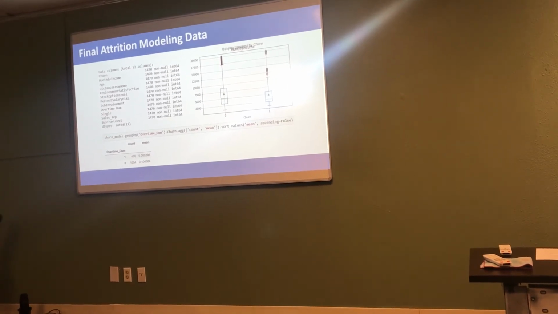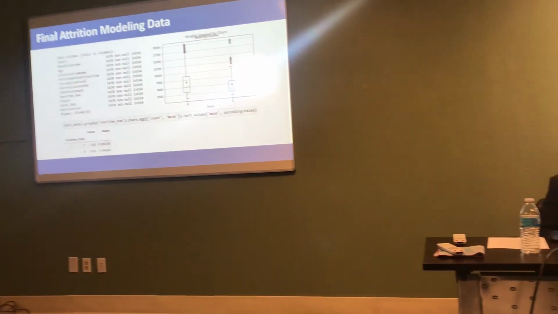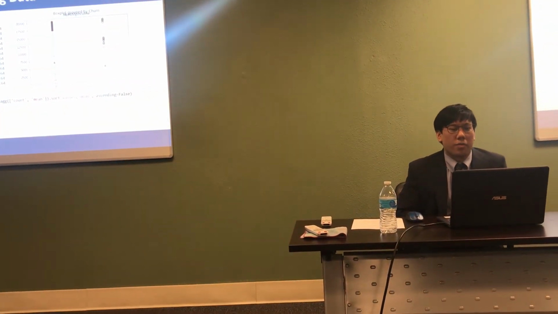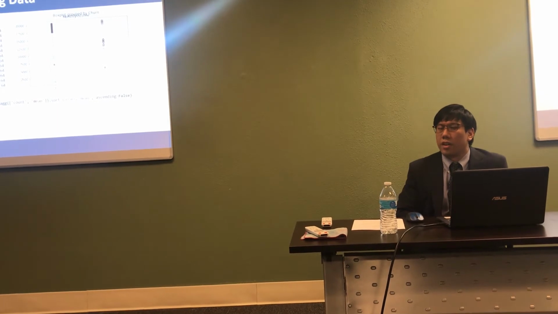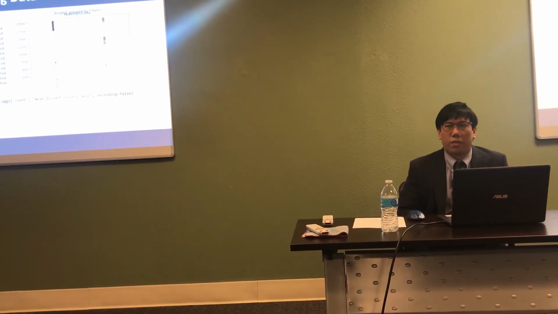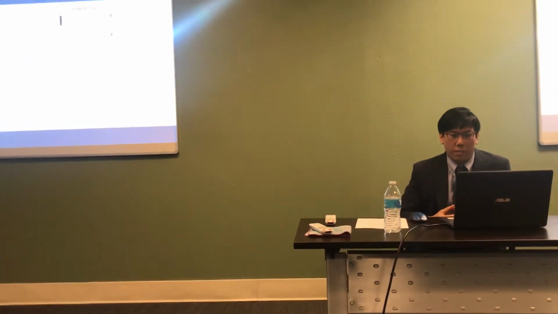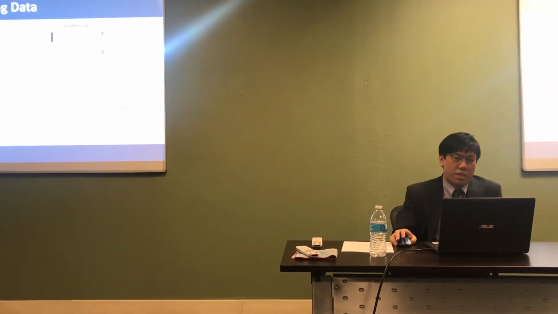And then you can see here that monthly income and the overtime dummy variable are actually very interesting variables to note for the feature selection for the modeling, because if you see here,